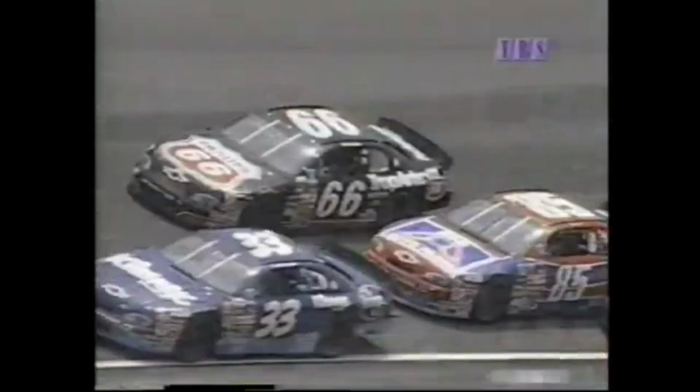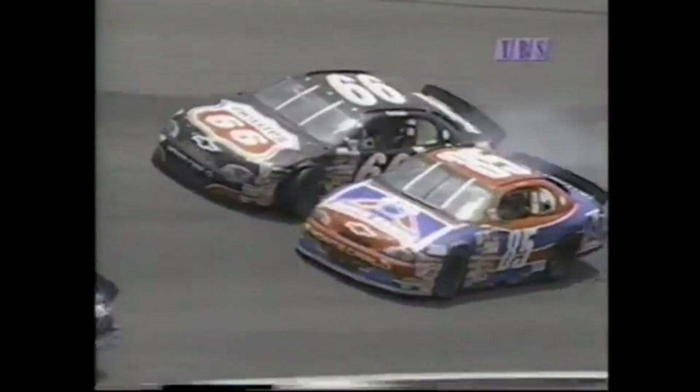Well, he's trying to limp back around to the pit, I do believe. And he caused a big bottleneck over there going into turn 3. But it was the yellow car, Jeff Krogh, down on the inside. He was all the way on the line and trying to make more room. Here's where part of it happened. That's Shane Hall in the 85 that got into Elliott Sadler, and you can see Jeff Krogh there in the